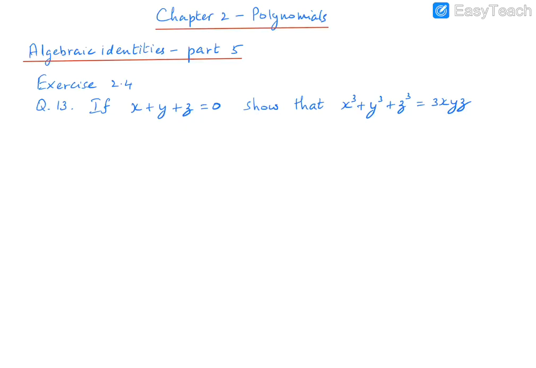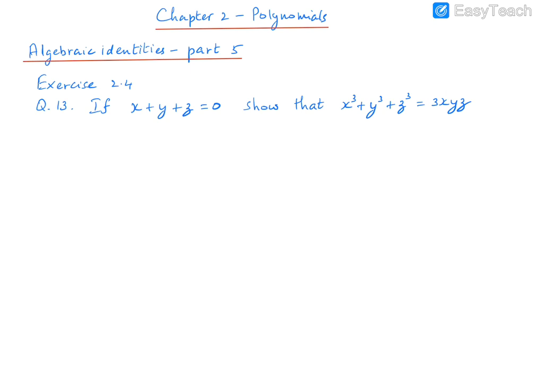Let us now complete the final part of chapter 2 on polynomials. In the last few videos, we have been discussing the algebraic identities. We have seen 8 different identities, and then in the previous video we also developed a new identity, which is